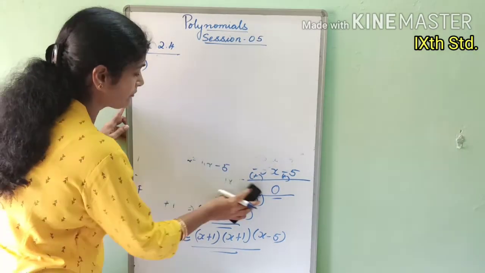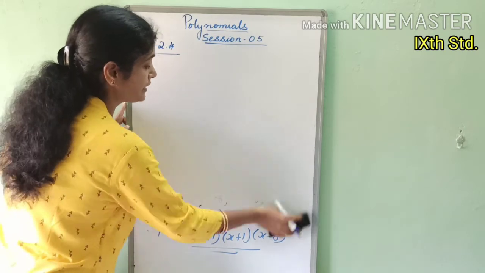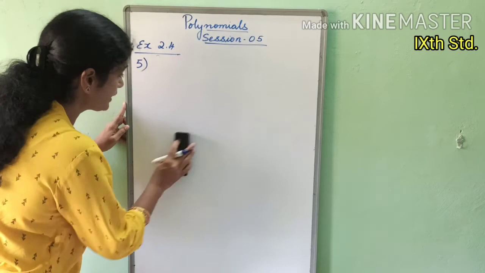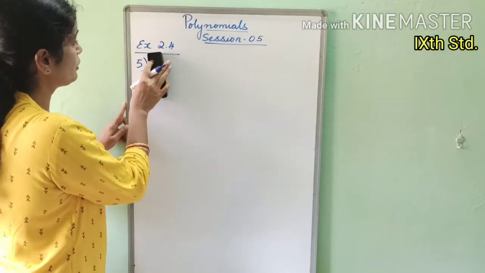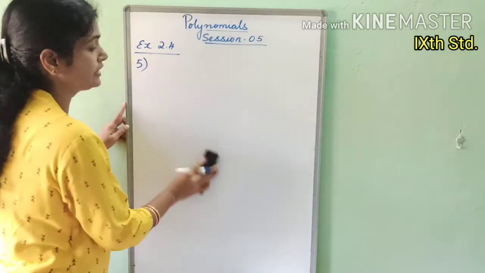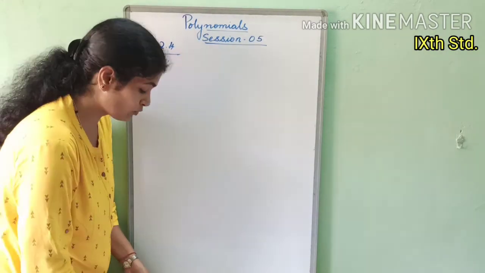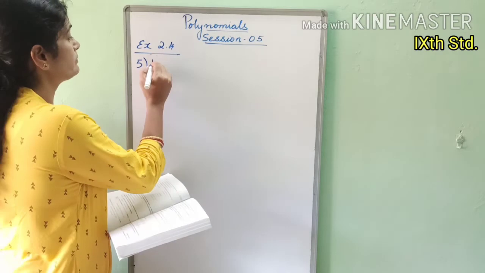Third one, the same way. For all cubic polynomials, first by the trial and error method, you have to find one zero. Then divide the given polynomial by the factor which you have got. Then the quotient will be factorized and you get the 2 more zeros. So the third one,